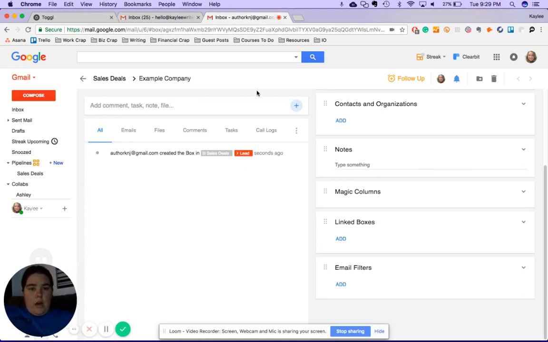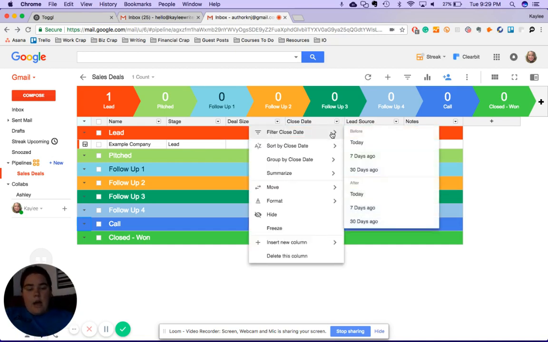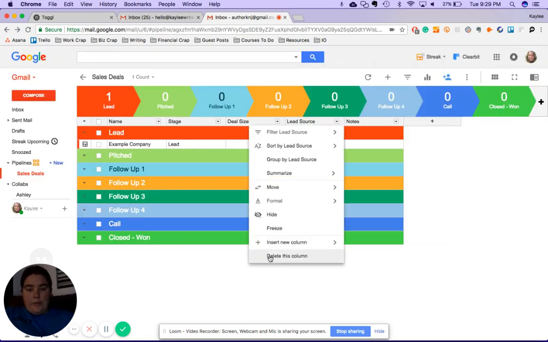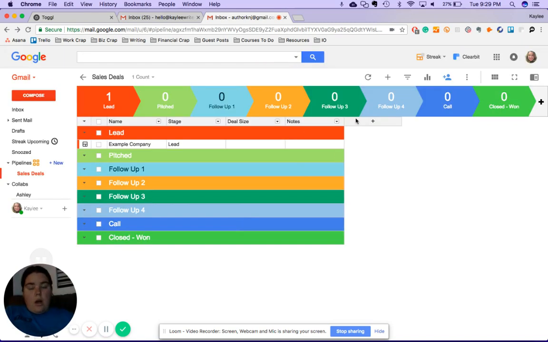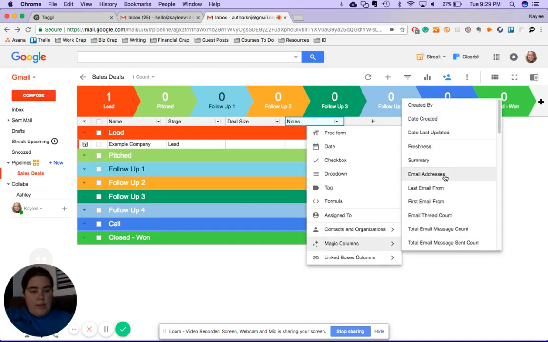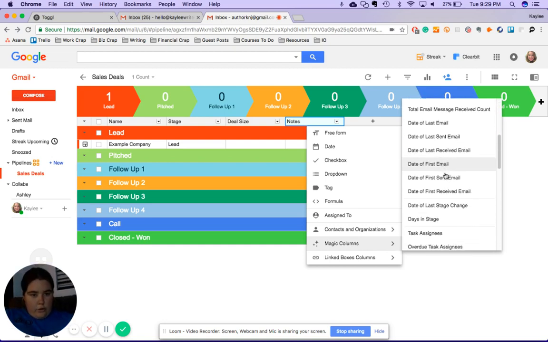And then the additional information I have is actually up here, which is beautiful. I really love this part. So we have the stage. The deal size I kept just because I like to know if there is a deal or what it is. So I don't actually need the close date. And I don't need a lead source. I like to keep notes just in case, but what I actually like to do is go down to the magic column, and then you can actually add, if you scroll all the way down,